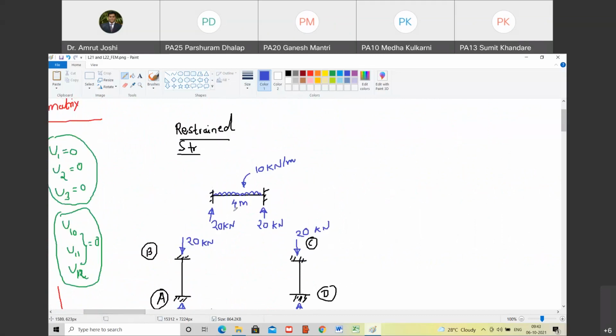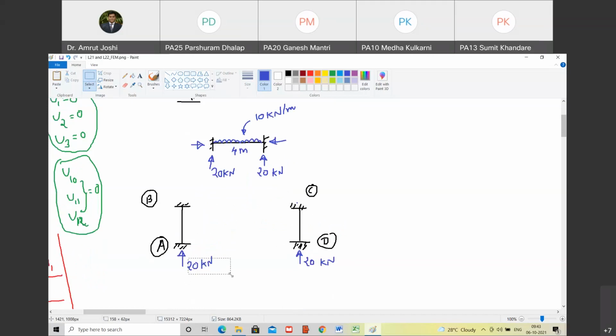Okay, let us move ahead. What are the other reactions? What will be the horizontal reaction here? Tell me. So at point B it is 10 kilonewton, the point load. Okay, let us not show this, because we are going to write down reactions only due to loads on those members. So I am going to show only the reactions in the restrained structure on this member. On this member there is no load at all. Are you with me? Yes, sir. So let us forget about that.